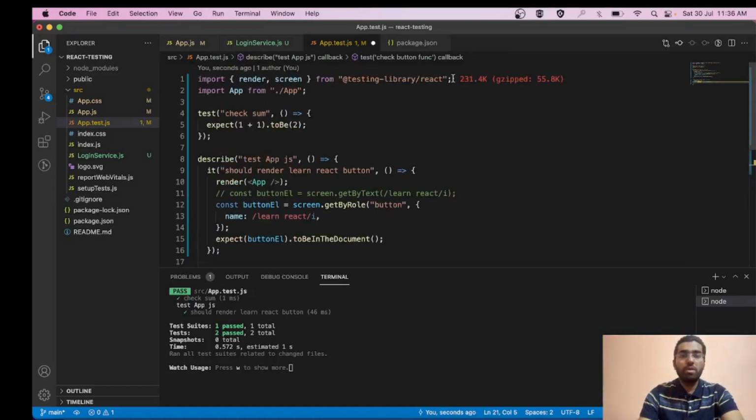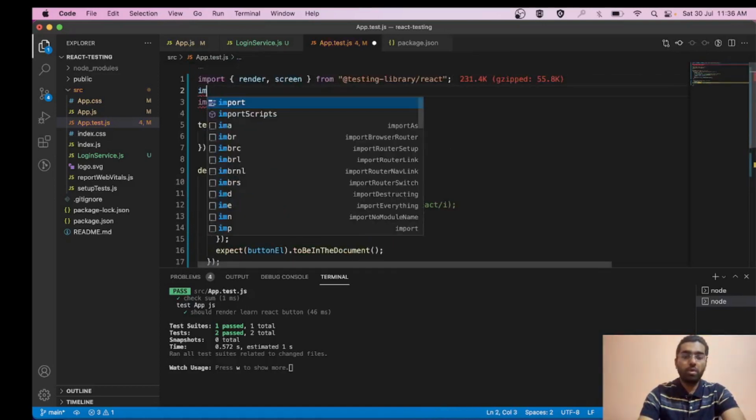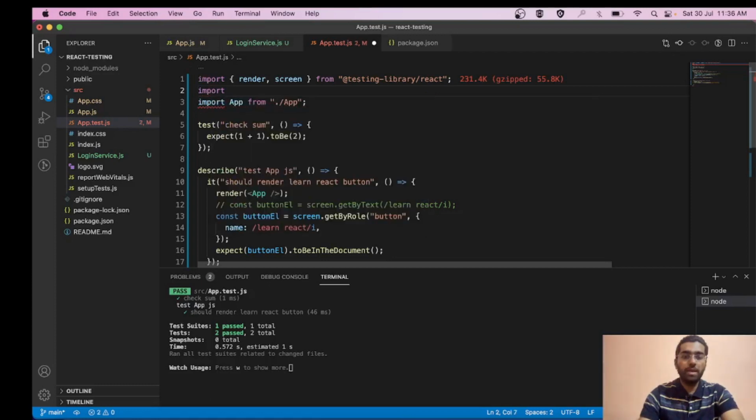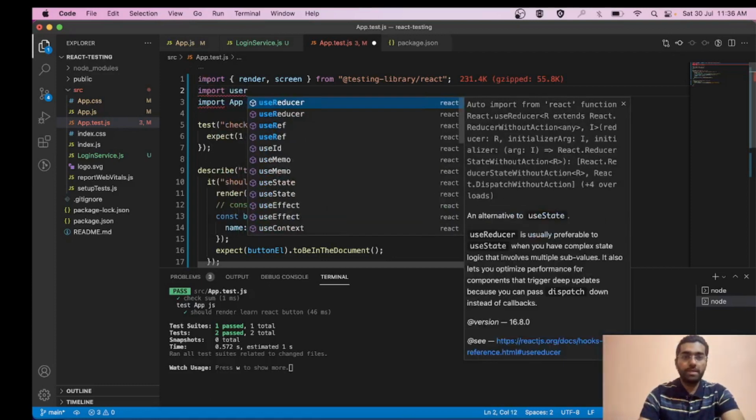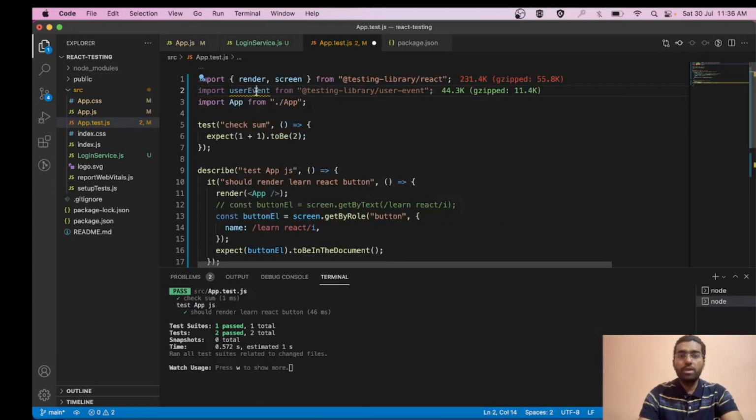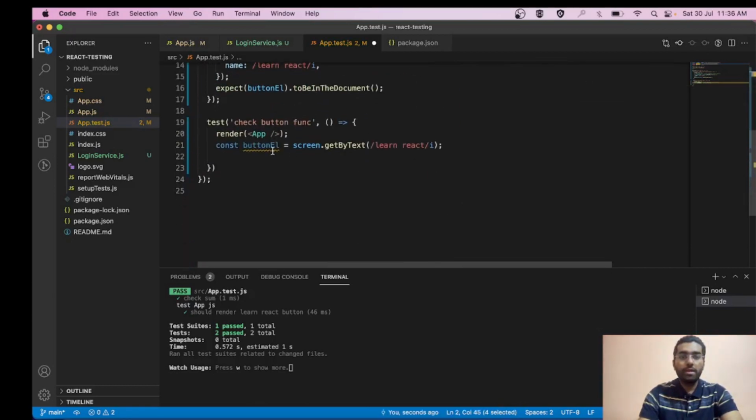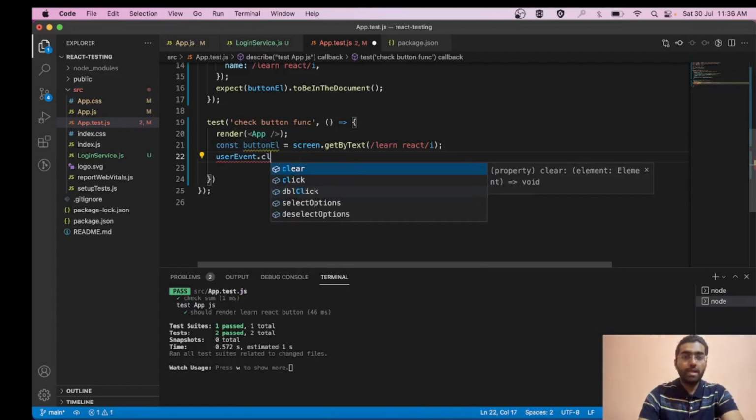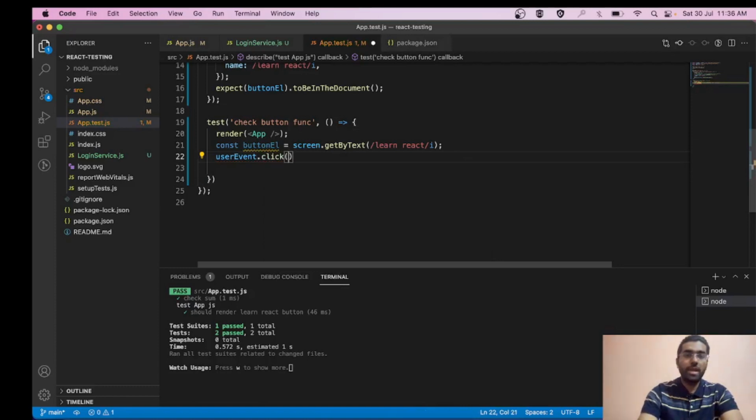In order to fire that click event, we need to import user event from testing library user event. Now we can make use of that user event. We can do userEvent.click, and the element that we have to click, buttonElement.